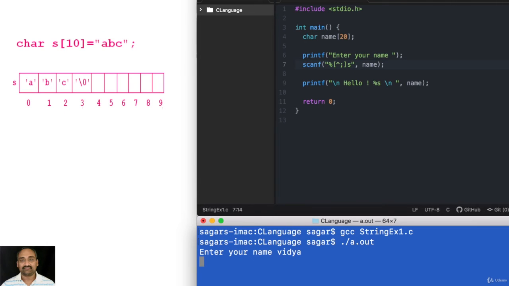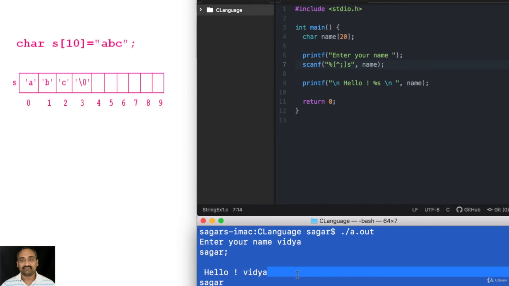It is expecting the input to be terminated with a semicolon. So I will say Sagar and put a semicolon. Now you can see that even the enter key is accepted inside the string, because you typed an enter key, so it is placed inside the array. This is a small tricky one, maybe too early to explain all those things, but still I hope you understood this point.